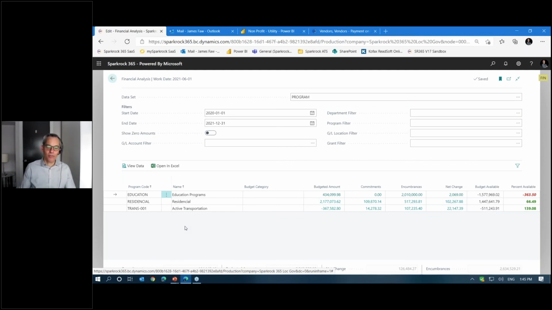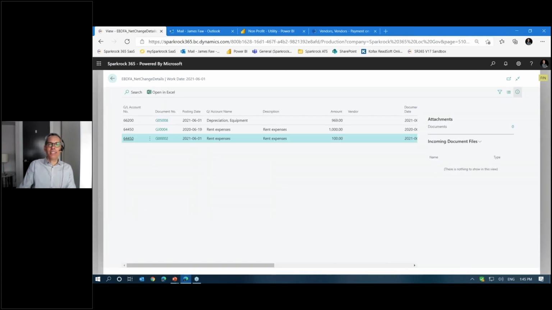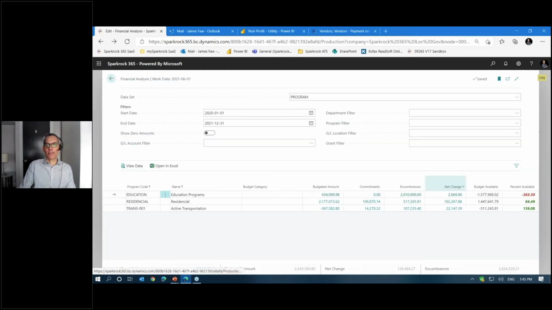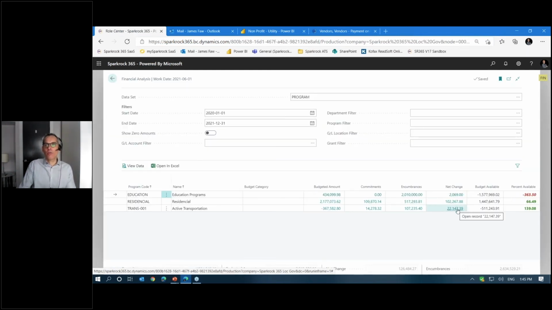I don't have to wait for month end, and it required zero effort from finance other than setting up the view in the way that they want me to see the information and assigning it to me once when my user first got set up. And then when I look at the information, I'm looking at each program that I have access to, and I can see the budget, the commitments, encumbrance, net change, and I can even drill down to the data. But everything I see here is filtered to show me only information that I have access to see. So it's done in a secure and responsible way that's not going to confuse the end users.